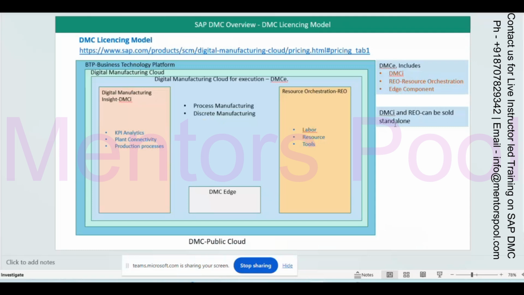You can buy together or in Rio or DMC Insights, or only DMC Insights alone. If you need only DMC Insights, it means you just want to do it for reporting purposes, right? So you can only go for it. If you are going for Rio, right? So Rio is the